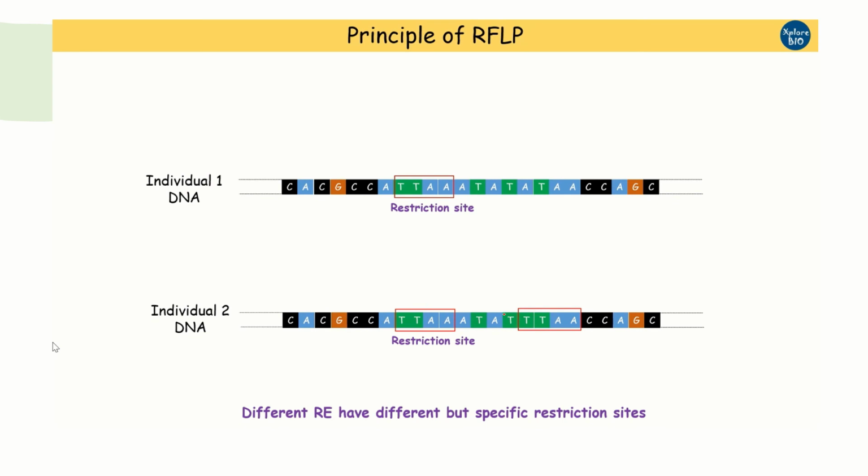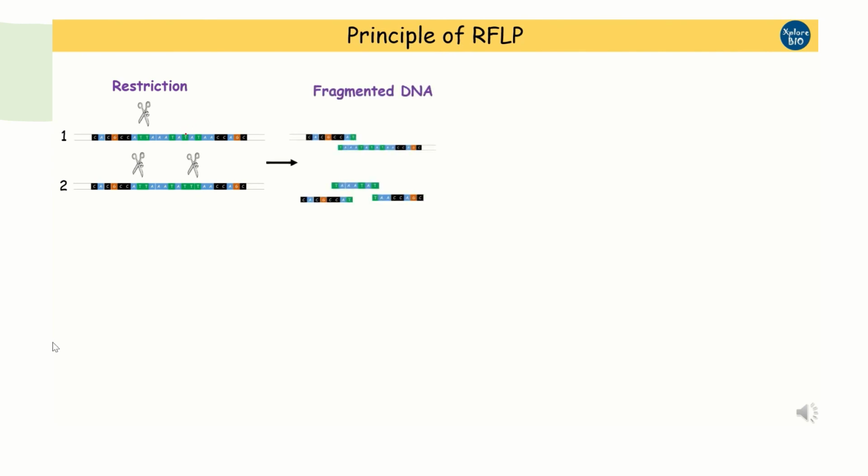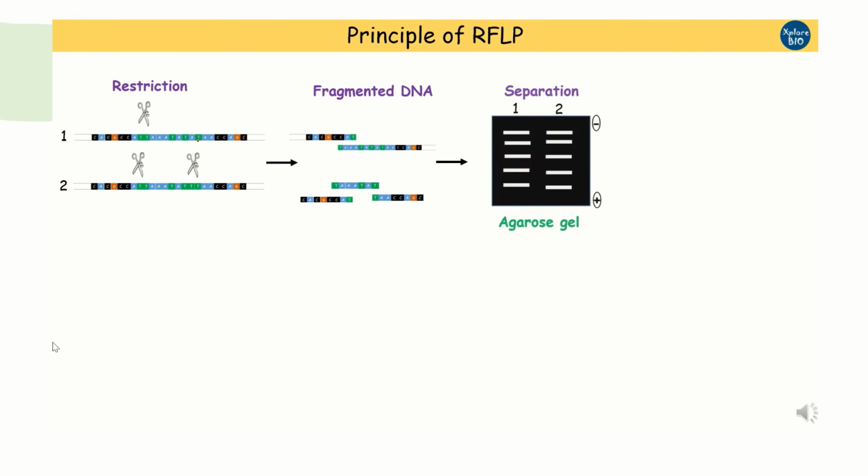Now this is a small video to tell you how this process takes place. Here you can see we have shown the DNA from two different individuals, and they have a restriction site called TTAA. You added a restriction enzyme, but because of a mutation at this locus, that fragment will not be cut. There is a mutation, so it is not the same sequence, so it will not be cut. Accordingly, variable restriction fragments of these two samples will be generated.